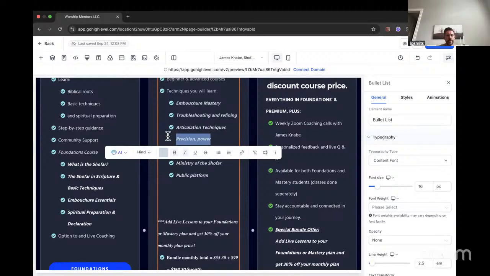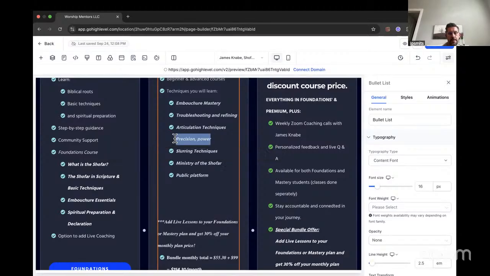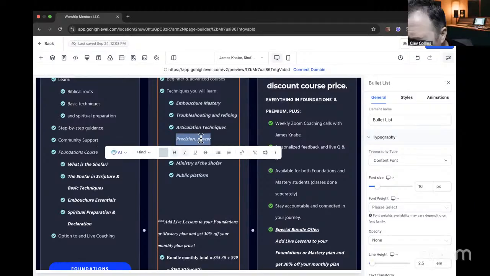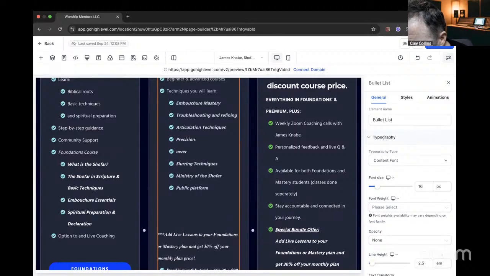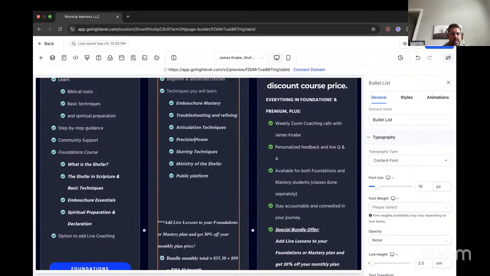Oh, it's supposed to be articulation techniques, articulation precision, articulation power, I think, or precision and power. I don't know. I'd just say articulation techniques, and then what I would do is